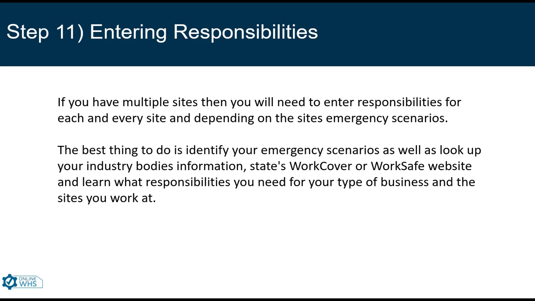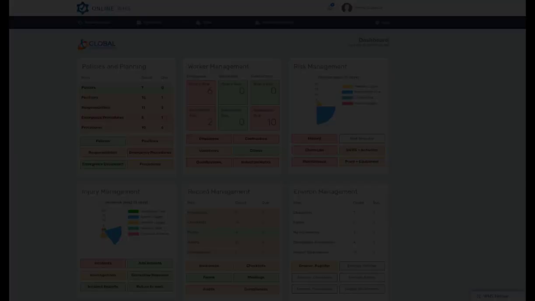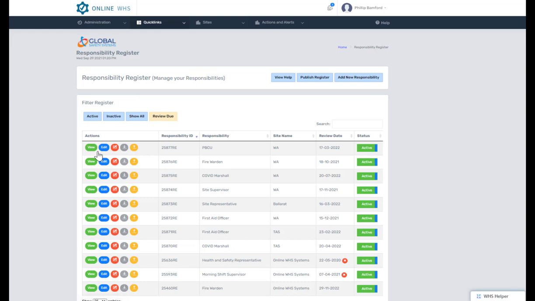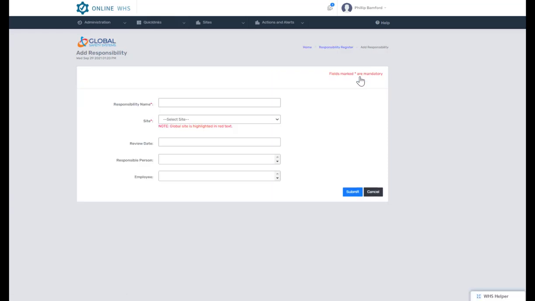So let's enter a responsibility. Again, the responsibility register can be found in the Policy and Planning section. Like every other register, you add a responsibility in the top right-hand corner. You're simply entering the responsibility name, relating it to a site, putting a review date to review this responsibility, and